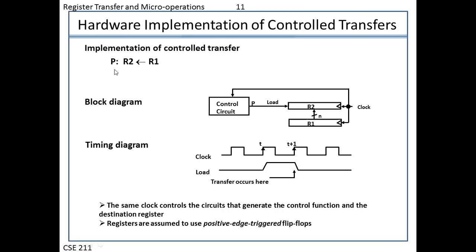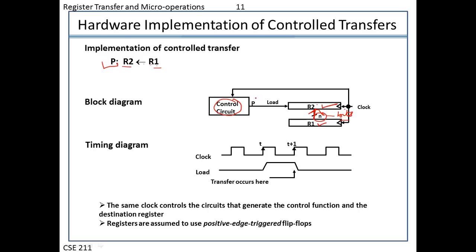So let's understand in more detail how the hardware implementation of this control function will work. Here there will be a control circuit. Accordingly, there are two registers that I need to take. I want to transfer the data of R1 to R2, right? That's why the arrow is like this, and n is the number of bits that I want to transfer to this R2